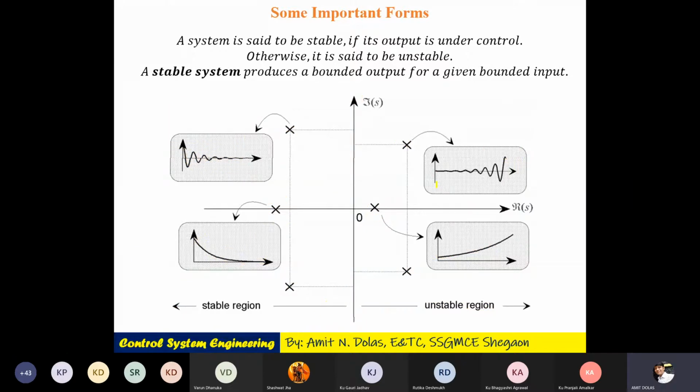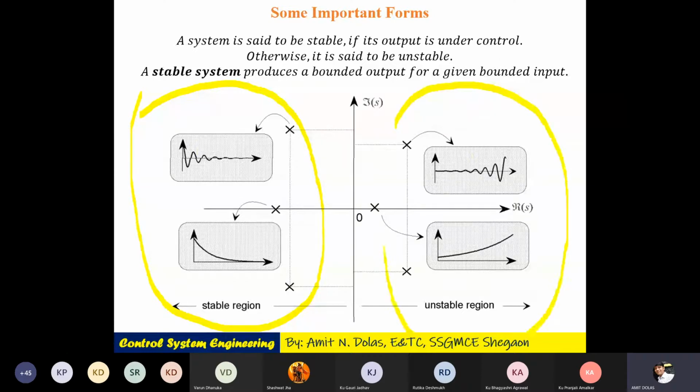Okay, so we have seen this concept in the previous lecture as well, but just to summarize, left hand side poles will give a stable system. If there is only one or single pole on the right hand side, then it will be an unstable system. We'll go into detail. You can see in the diagram we have single poles here, here, and here, and a single complex conjugate pole. On the imaginary axis we have not shown any pole.